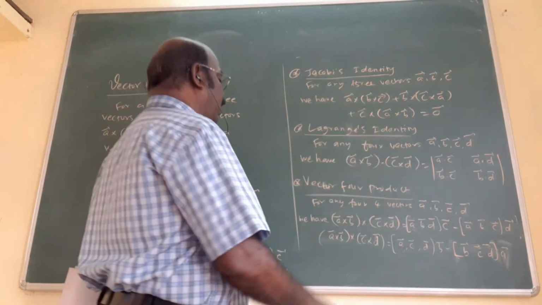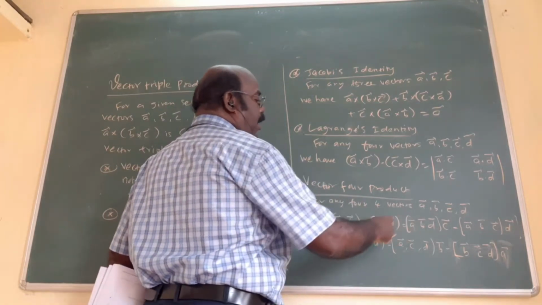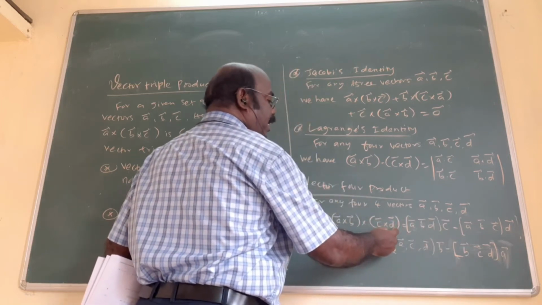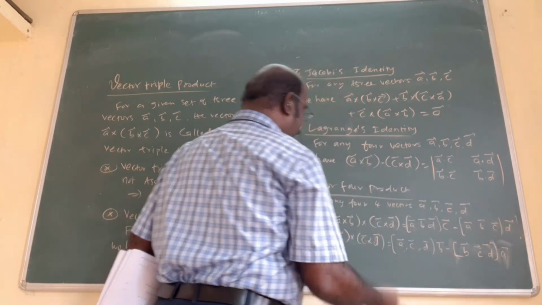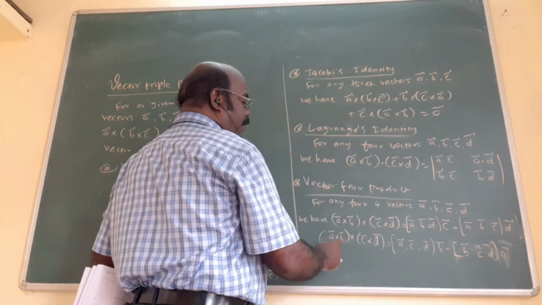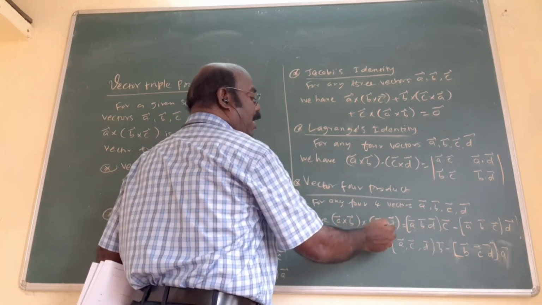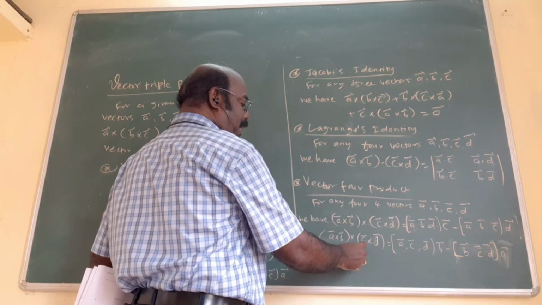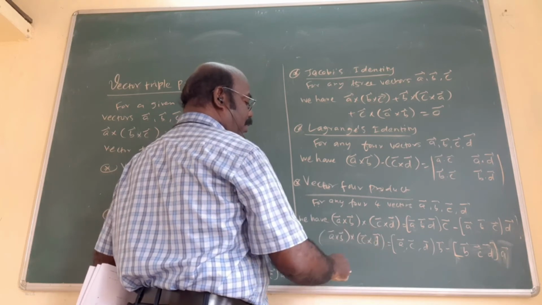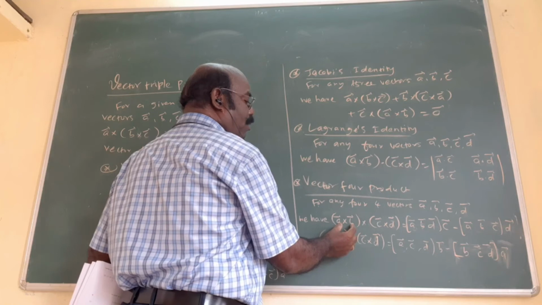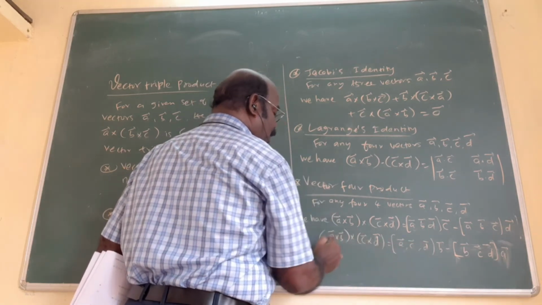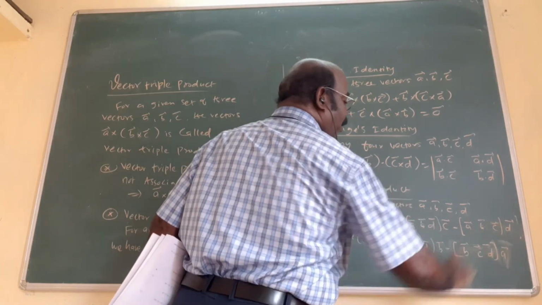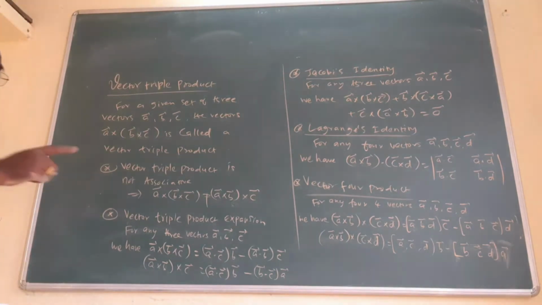Vector quadruple product, that is (A cross B) cross (C cross D). What is the formula? Box product of the first two vectors, A B and the last one D, remaining quantity C. Next, the third one, remaining quantity. Here also the same thing. First I mention these two, then the last one. Now here, A with C, then D, remaining quantity. First I consider these two, now consider the last two, first one remaining quantity. Again the last two, remaining quantity, opposite quantity. In this way, these are all the formulas.